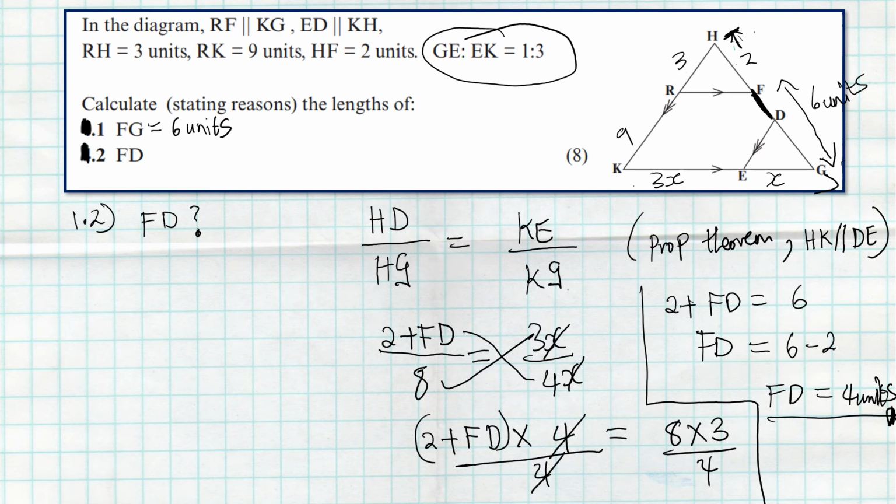Our FD is on this line, but if we extend it like this, it enables us to use the proportionality theorem, because there are parallel lines here. So we extend it to get this ratio over the whole one, and this ratio over the whole one, then we just substitute and solve for our unknown. So it was 4 units. Okay,